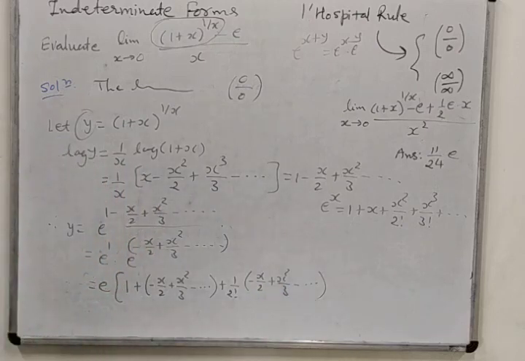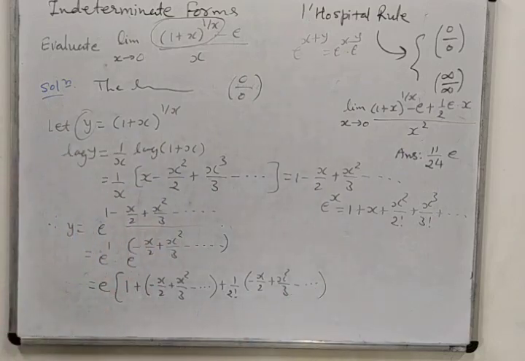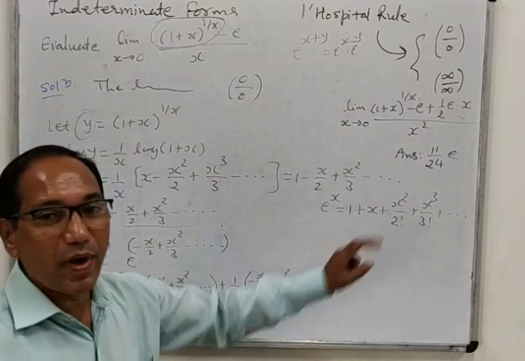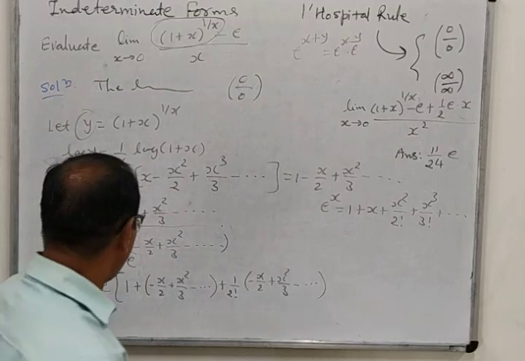Okay? And other terms we will not write, because in this expansion we want to write down the terms up to x square only. Here, if we want, we can also find the terms containing x cube, x raised to 4 and so on. But we will not fall into this complicated process, because if we find out the expansion up to x square only, then we will write down plus dot dot dot. It is sufficient for us.